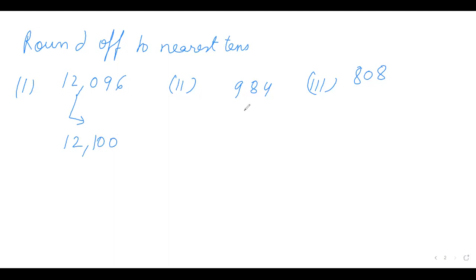Okay, what do you say, Samarth, for the second one? Ma'am, can you tell Hriday to send to you privately? Okay, okay. Hriday, you are sending the answer for the second one, it is 980. 980 is the correct answer. And Hriday, it's your turn now. Ma'am, 810. 810. Very good. So you can see, rounding of the number to nearest 10.